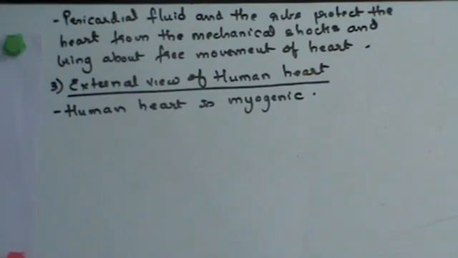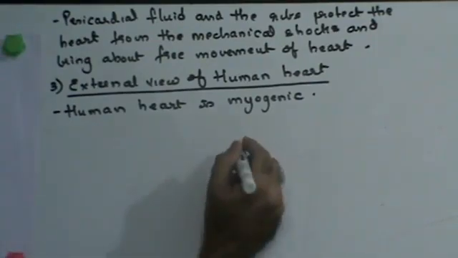What do you mean by the human heart is myogenic? That means that the human heartbeat is initiated within the heart muscles and does not depend upon the stimulus such as nerve fibers. Myogenic means